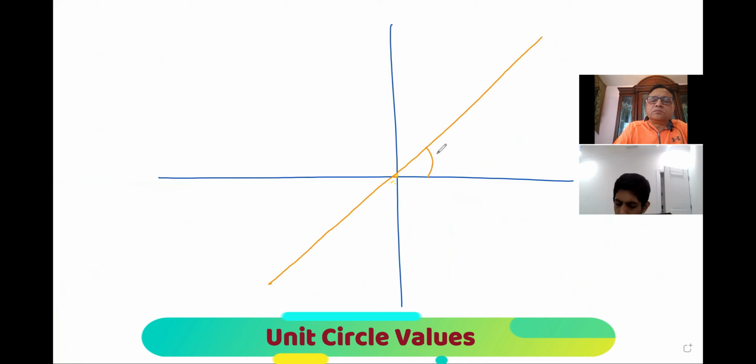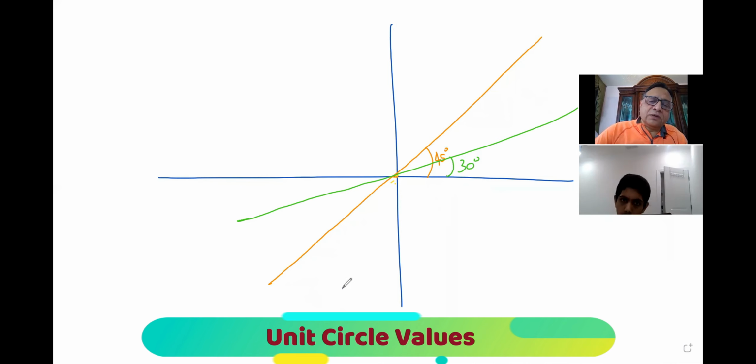And now we will sketch 30 degrees, which is less than 45. And now we are going to sketch 60 degrees, which is more than 45. That's the whole idea, right? To give you an approximate